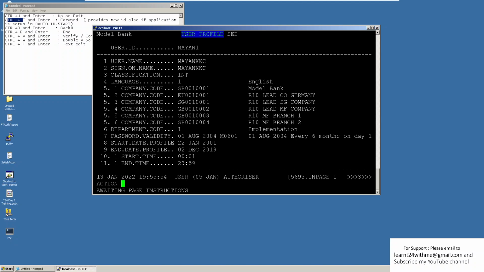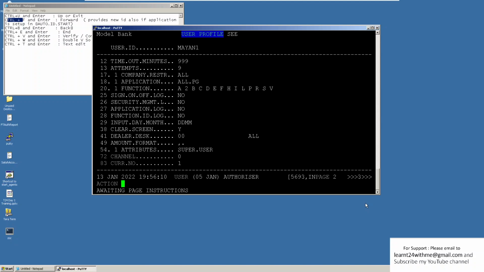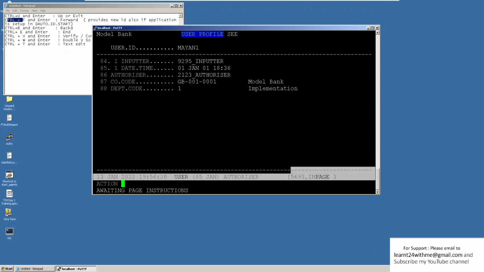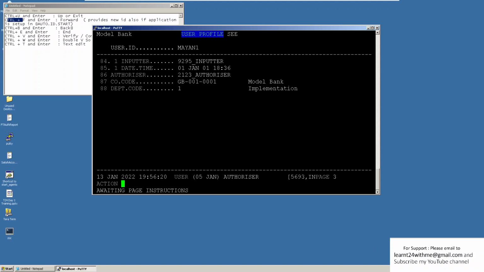If I press Control F and Enter, it changes to page number 2. Now we are on page number 2 at line number 12. And if I press Control F again, it takes me to a different page, page number 3, at the end of the page. So I hope you understand what Control F does.